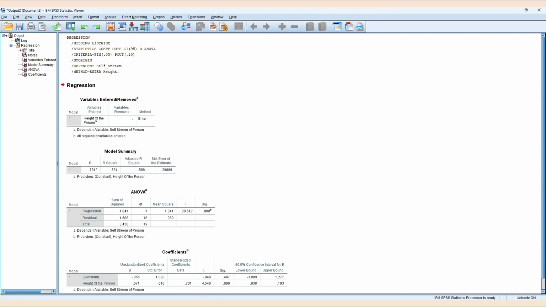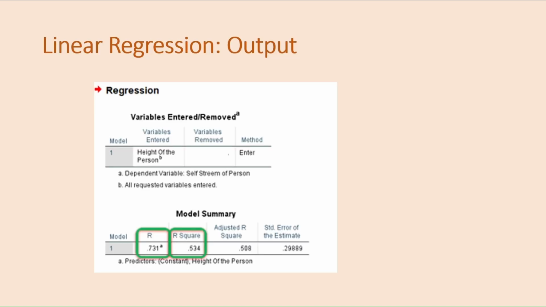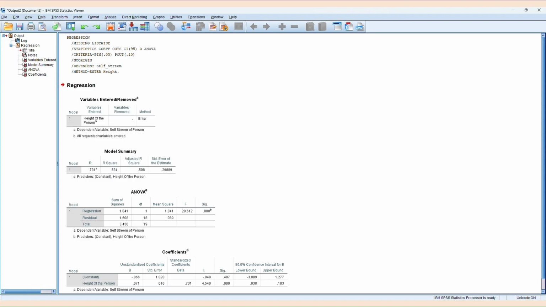The output will show the regression analysis. The first table shows the variables entered and removed, the second table shows the model summary, the third table is ANOVA, and the fourth table shows the regression coefficients.